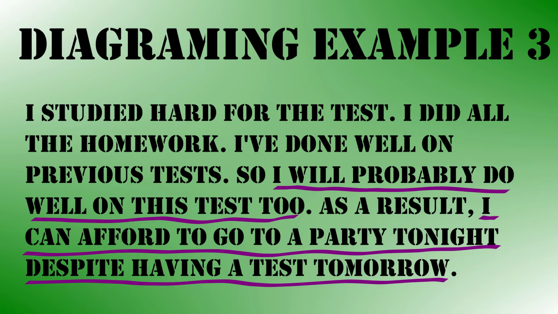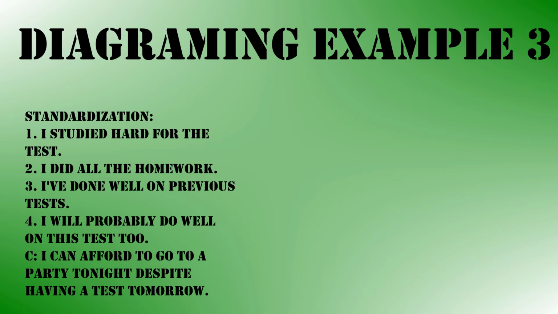"I can afford to go to the party, so I'll do well in the test." That doesn't make a great deal of sense. The opposite actually seems to make a great deal more sense. I can afford to go to the party because I am likely to do well on the test. So that suggests that 5 is the conclusion, that 4 actually is sort of pointing to 5, 5's not pointing